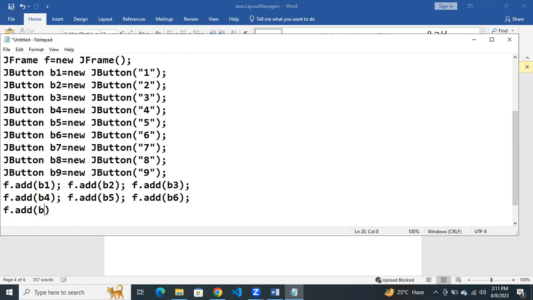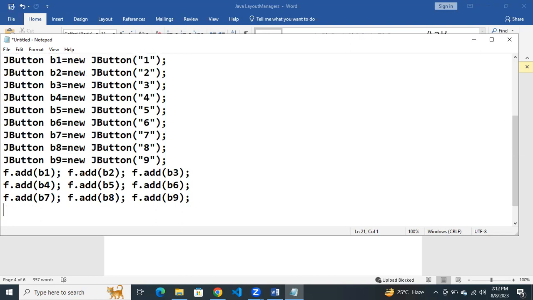All the buttons we are adding to the frame. Then next f.add(b8); f.add(b9);